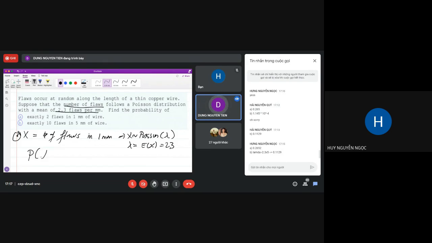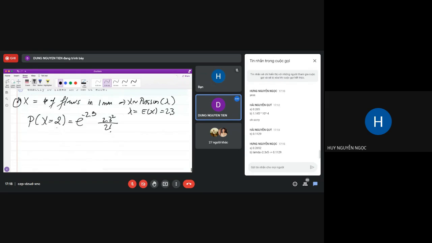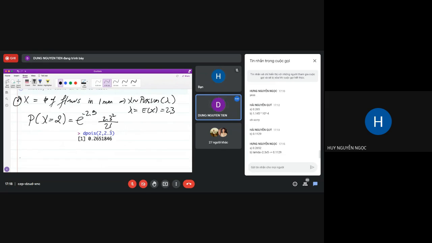Then the probability that X is exactly 2 should be e to the power minus 2.3, then 2.3 squared over 2 factorial. Okay? And you get the answer 0.2651. All right. And this is what you get. Okay. For question B,